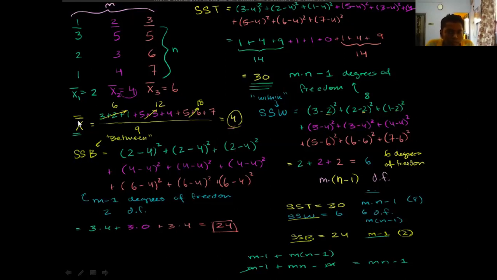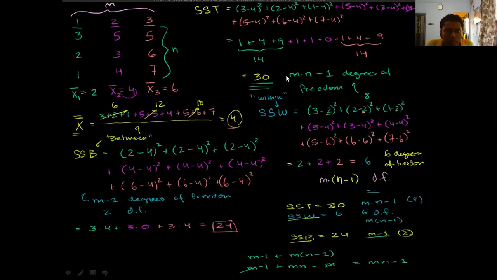So you can compute the grand mean. What will be the grand mean? The grand mean is 2 plus 4 plus 6 divided by 3, which is 4. Now you are going to find SST, that means the total sum of square. Your grand mean is 4. If you consider the total sum of square, you need to subtract each element of this matrix from the grand mean, and ultimately you get the result of 30. This is your total sum of square.